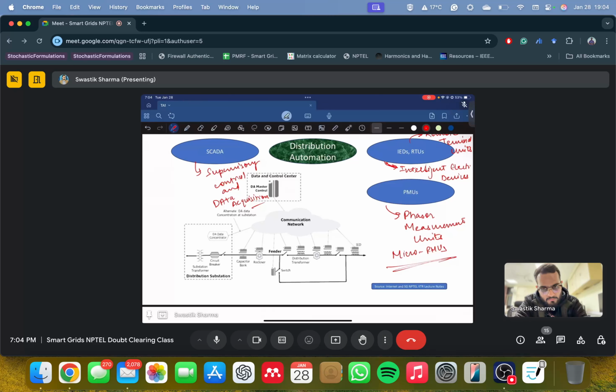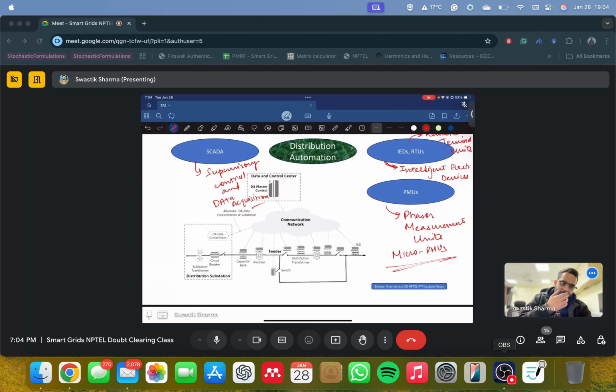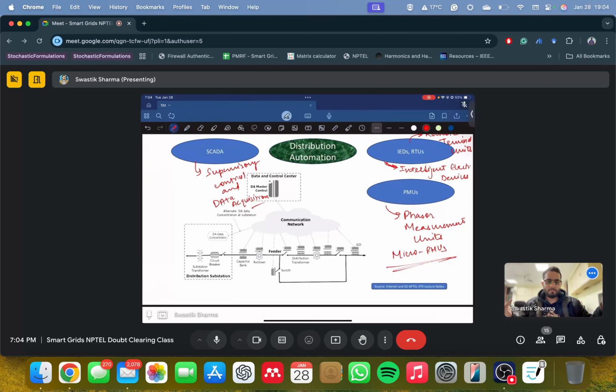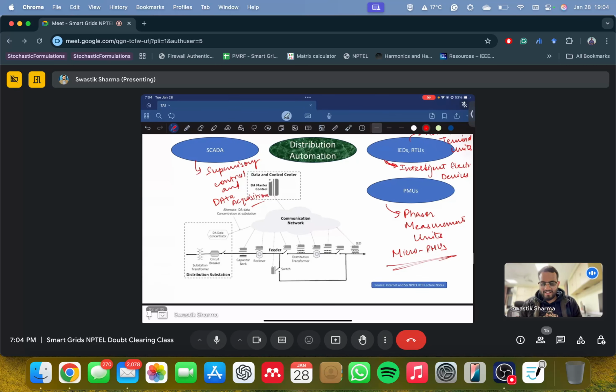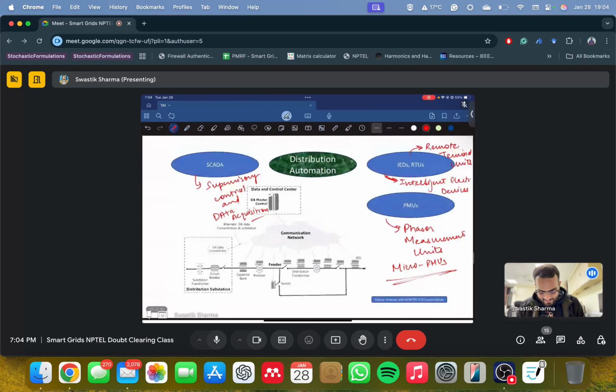Now there are so many fast processors available, and the computing power is available. So they do use it for multi-purpose. A PMU device can function as an RTU, a data collector also. So that is possible. Okay, yeah, you are correct. I really have to dig deep for this. It's nice to know that there are some things that I don't know that I should look for, and it's nice coming from you.